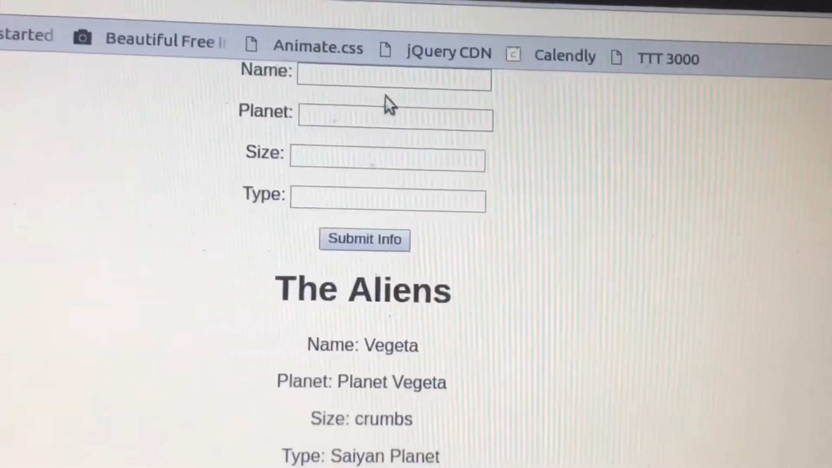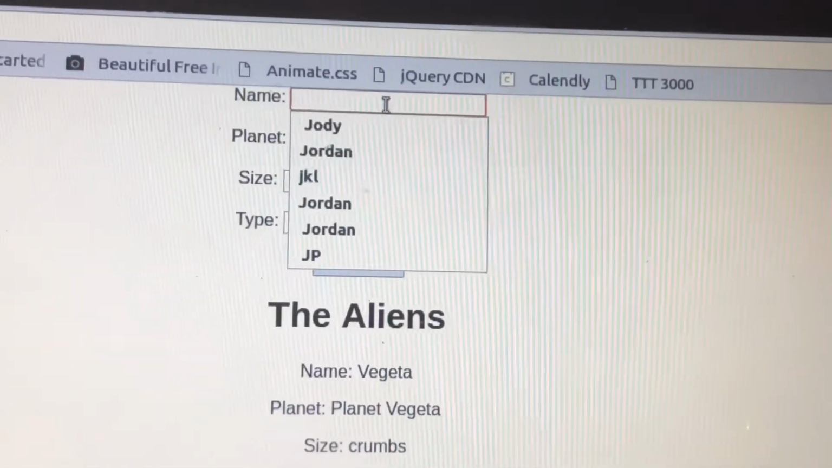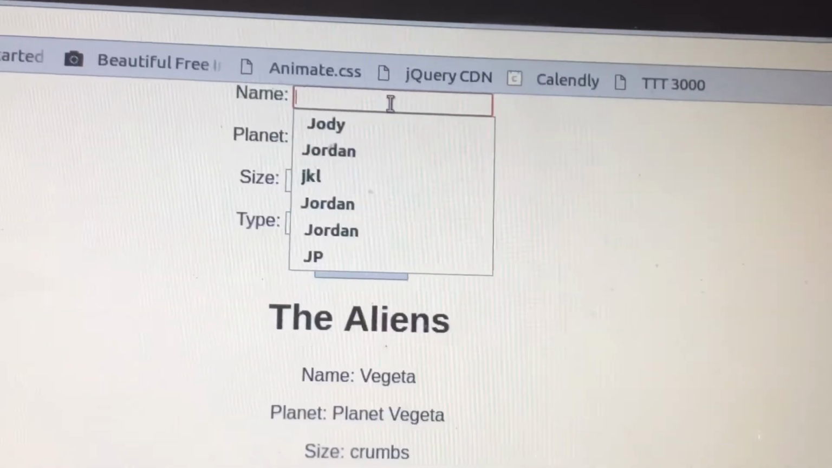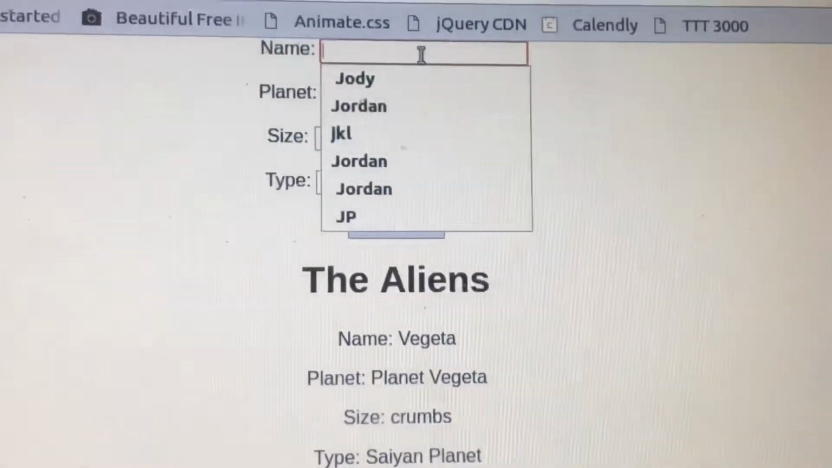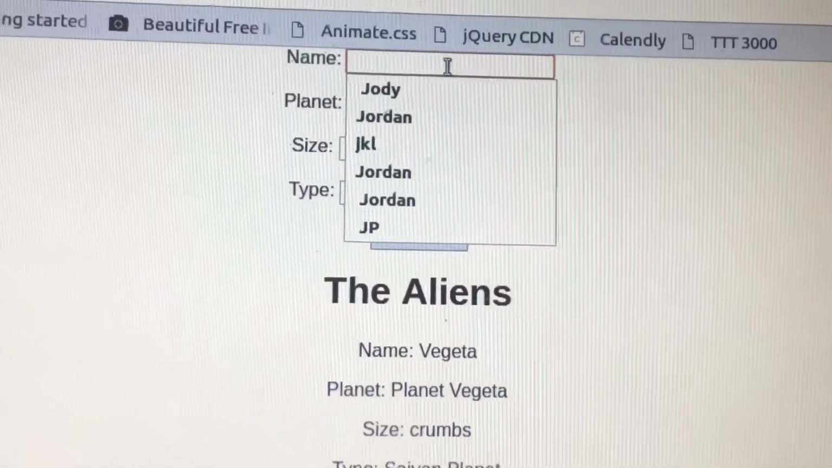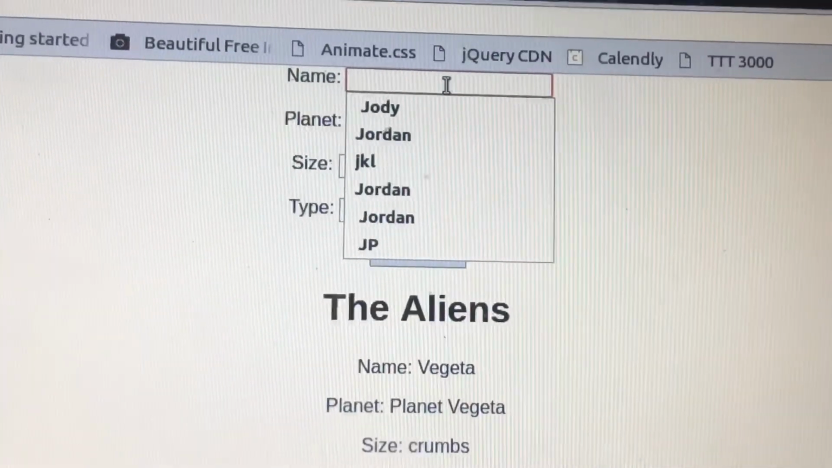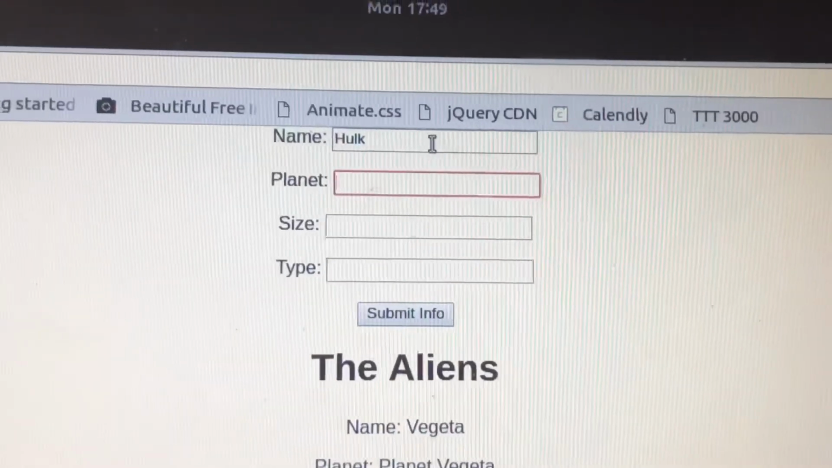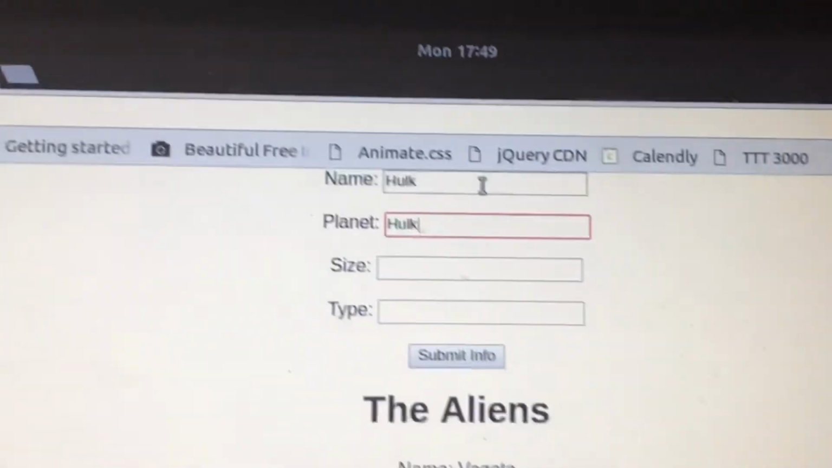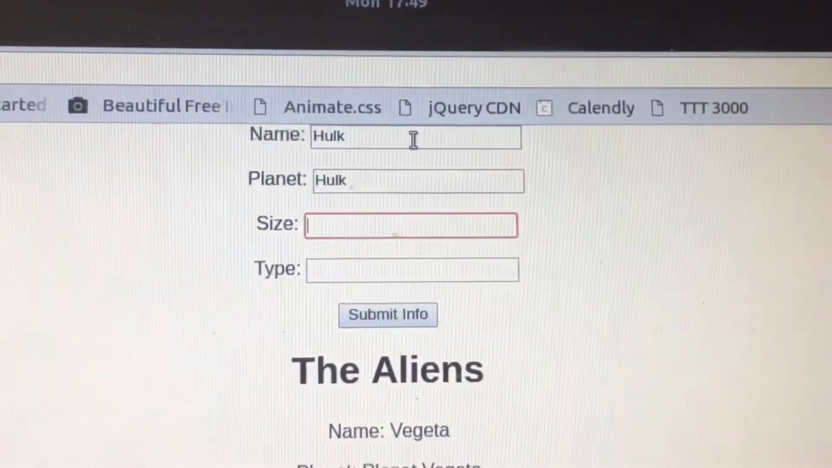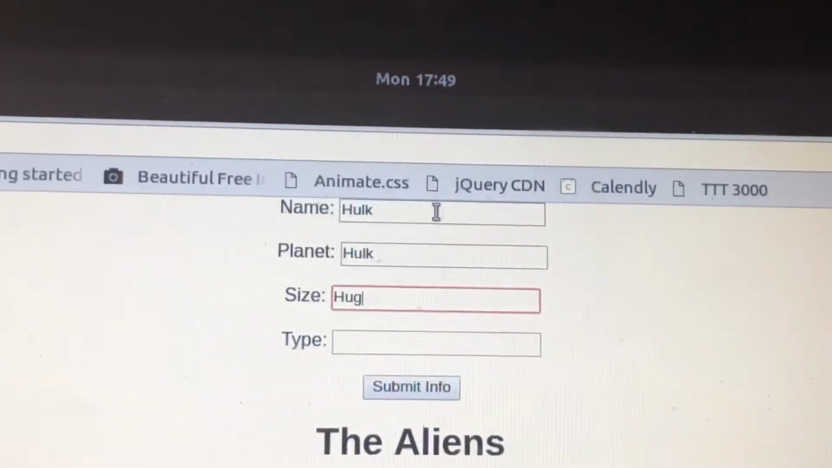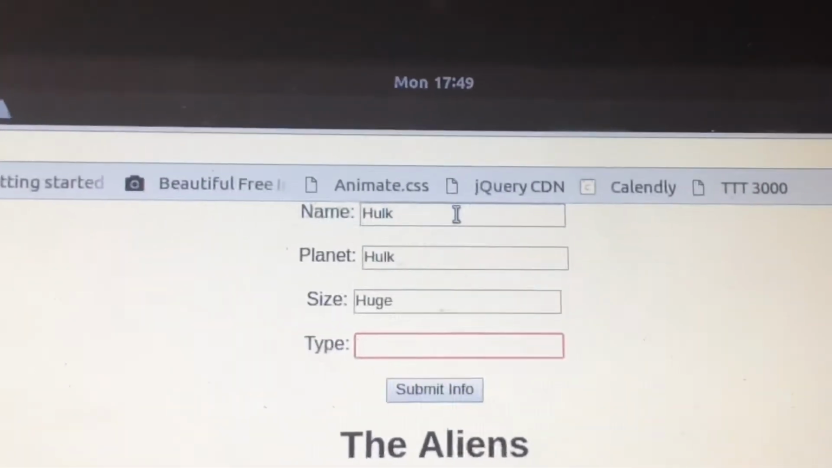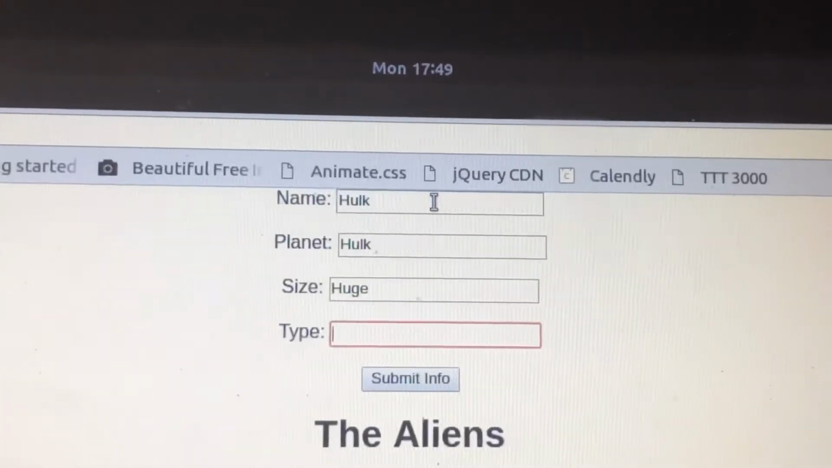So here we have it. The form field I was telling you about that allows you to type in and display on the web browser. So let's just go ahead and put in another name. We'll say Hulk. And then he's from planet Hulk. And the size of his planet is huge. I really don't know this, guys, so don't quote me on this information. And type of planet,